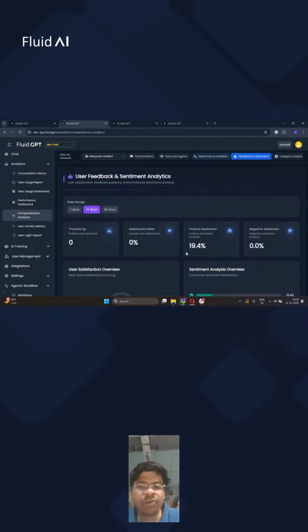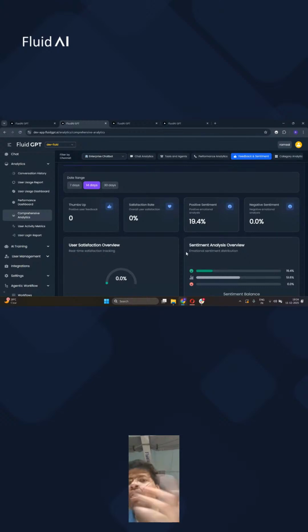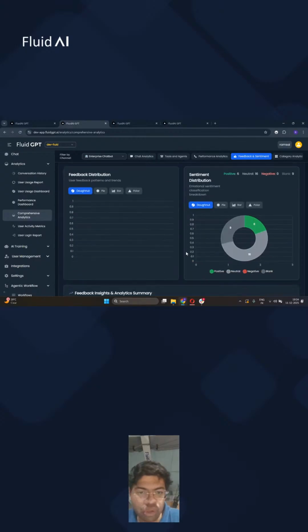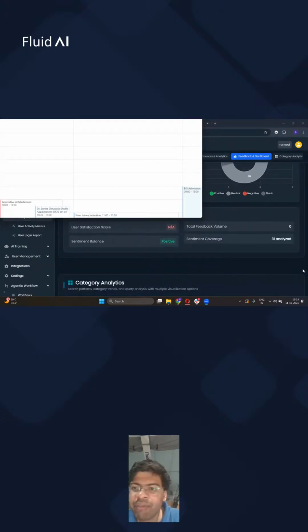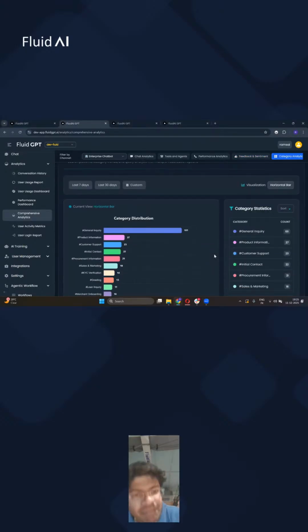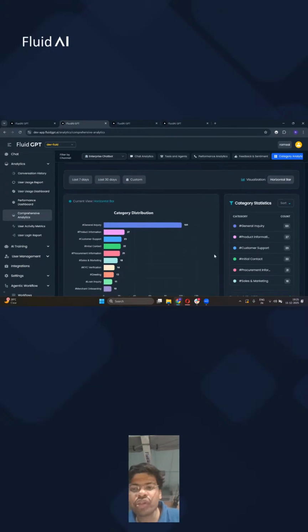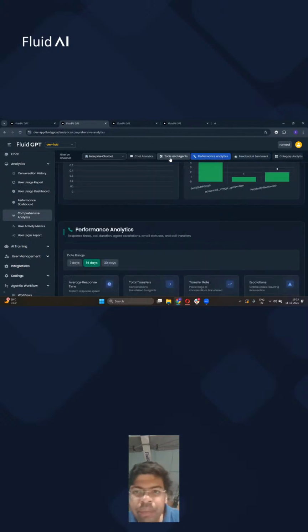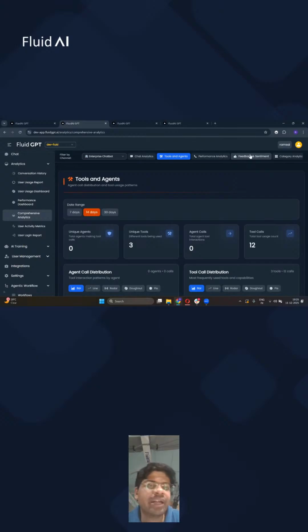And the same is then hitting on the sentiment side as well. So we can go and see the number of positive sentiments, satisfaction scores, negative sentiments, thumbs ups, feedback distributions. So all of that really creates a very immersive kind of experience to see what's happening. And then the system auto classifies the queries it's seeing, what kind of general inquiries, product information. So all of this data is getting created real time for your teams to really see how the different AI agents are being used, how their different interfaces that are happening. And you can simply scroll through and see how the different tools are being used, how the different sentiments, how different category analytics are working, etc.